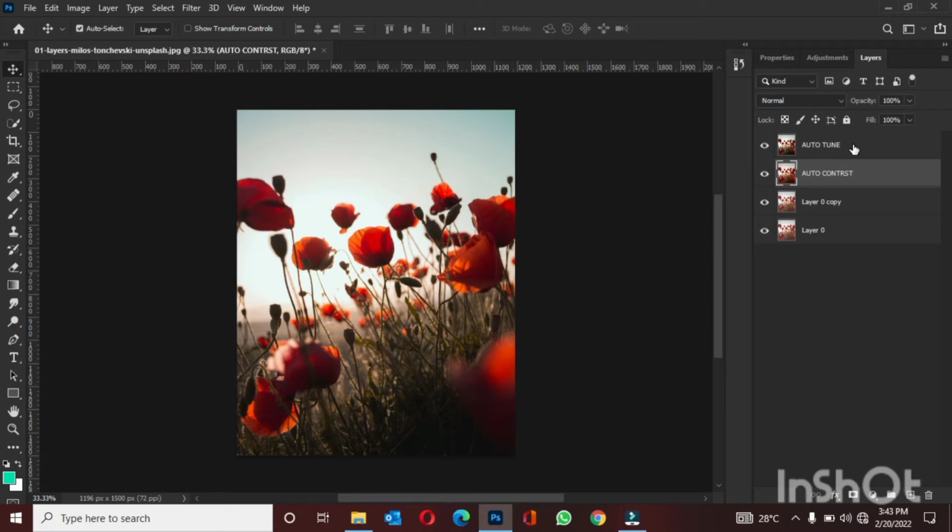I can also drag the layer, the auto tone, beneath all other layers by clicking and dragging it. The blue line shows it is under the other one. You can actually go further. Okay, that's where it stops. So let's just keep it here. Now auto contrast is above auto tone. This is it. So let's go to the third layer,